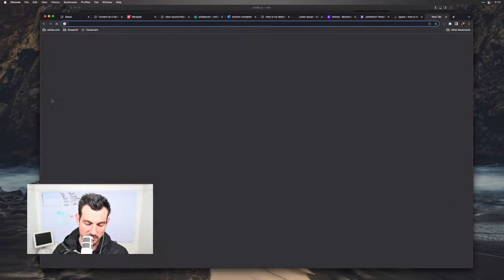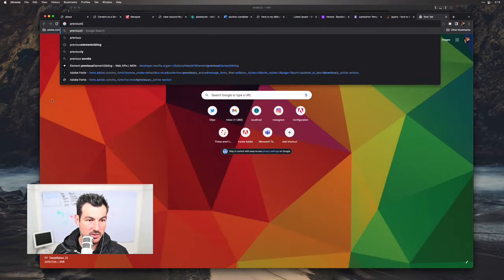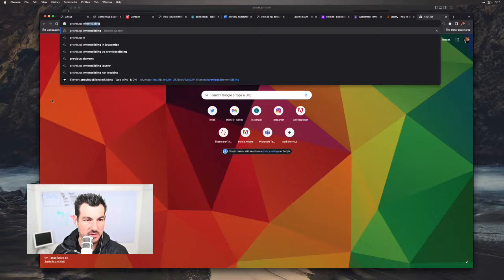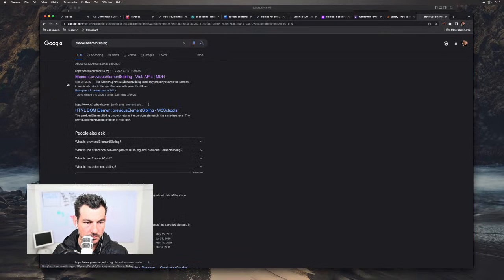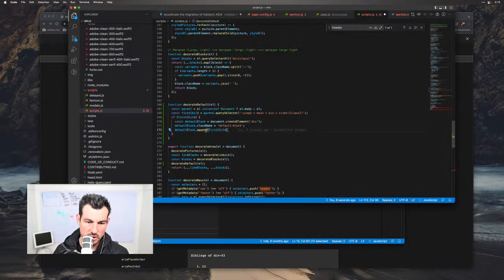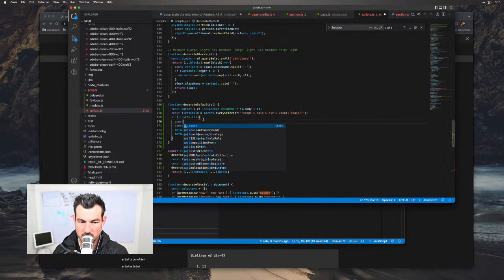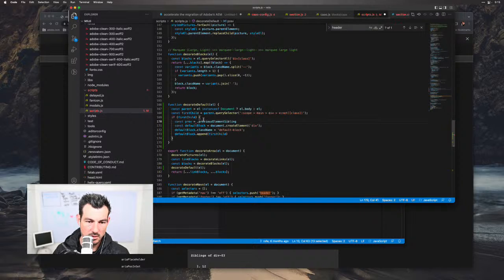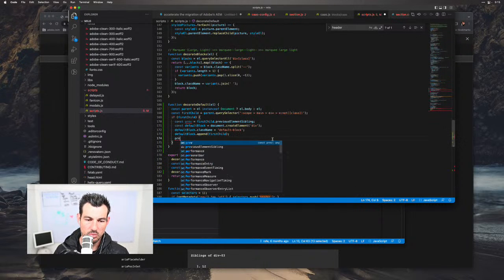I wonder if we can get previous sibling element, right? Previous element sibling. Hey, there we go. Sure. Const prev equals. Okay, so we start that off. We need to append, so we append first child and then prev, and we should be able to